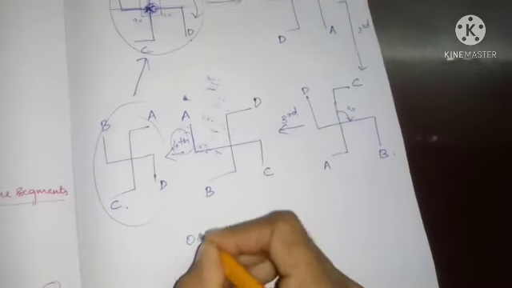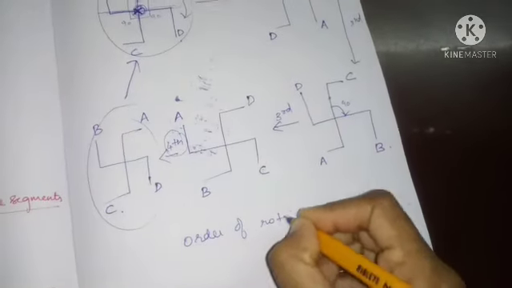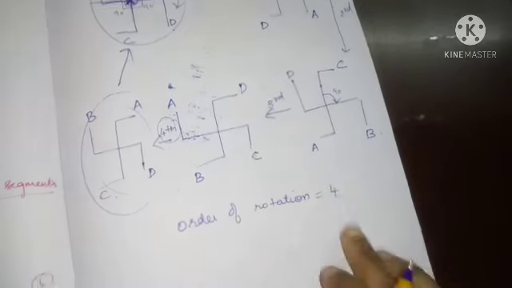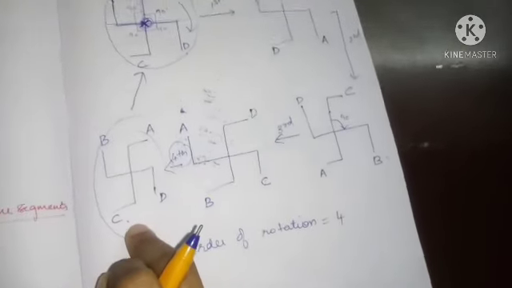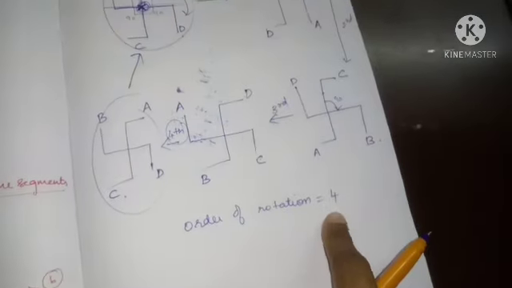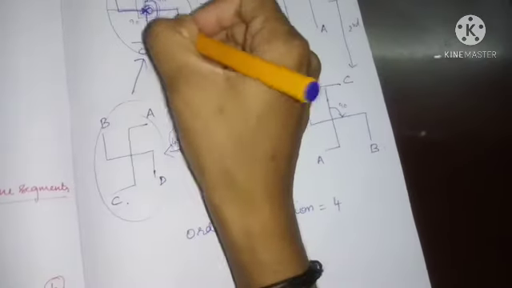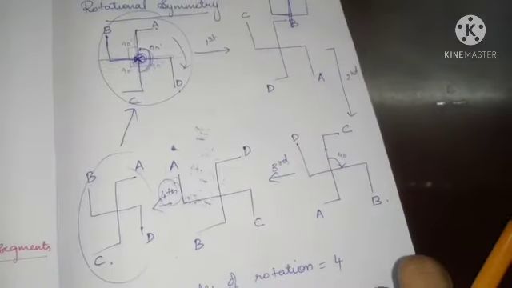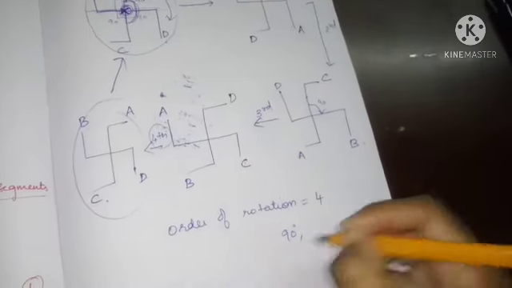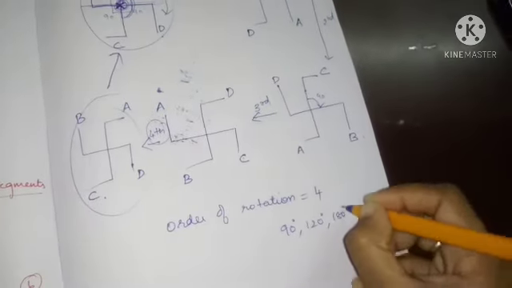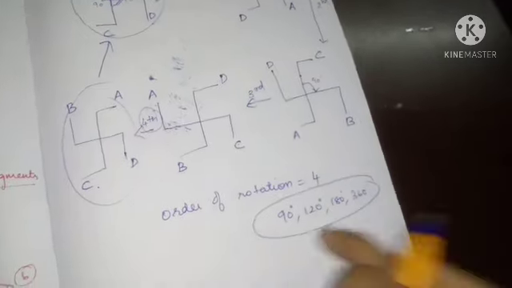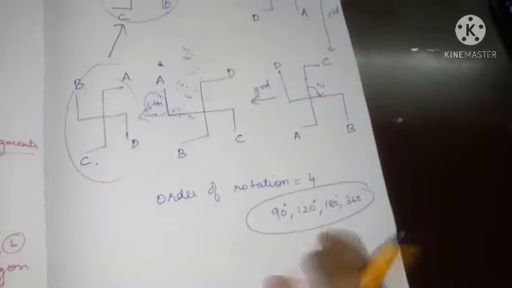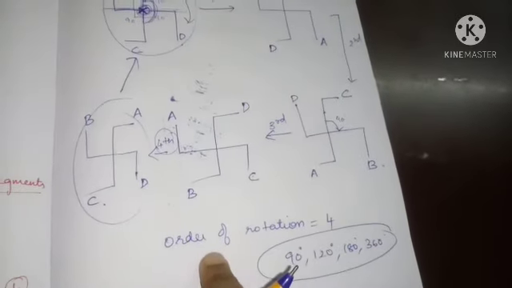So what is the order of rotation? The order of rotation is nothing but 4. So 4 times you are rotating to get the original position. So what angle of rotation are you rotating? 90 degrees. So when you rotate 90 degrees, you get order of rotation 4. When you rotate 180 degrees, which means one complete half of rotation, within 2 rotations you will get the original position. So you can rotate 90 degrees, 120 degrees, 180 degrees, 360 degrees, any degree you can rotate it. Depending on the degrees of rotation, you will get the order of rotation.